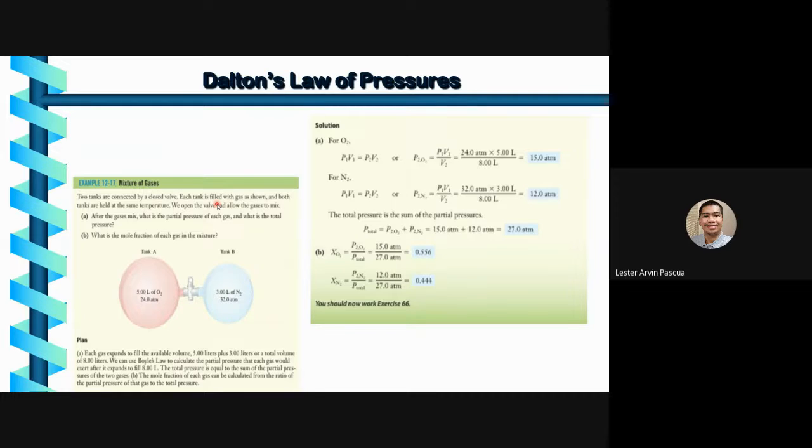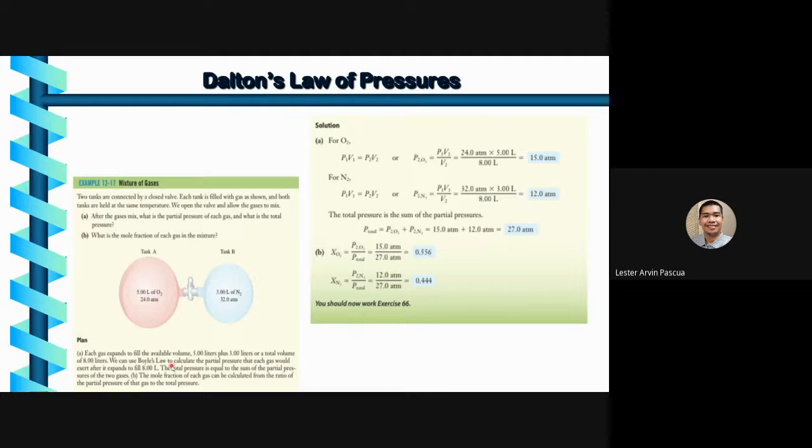So, after nila mag-mix, ang tanong is, ano na daw yung partial pressure ng bawat gas at saka ano yung total pressure nung mixture mo. Tapos tanong niya din, ano yung mole fraction ng bawat gas sa iyong mixture? So how will you approach this problem? Okay. So you have your plan here na